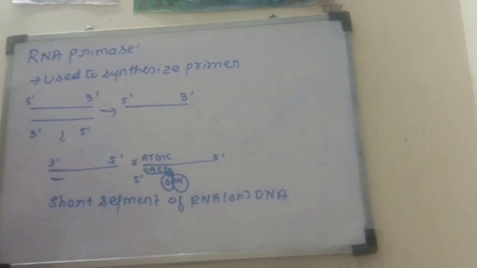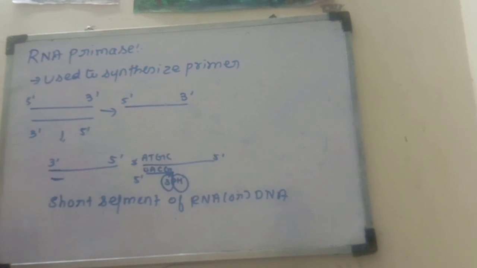So this enzyme is also very important for DNA replication. Totally, let us once again take all the enzymes. First, DNA helicase enzyme, then DNA gyrase enzyme, then single stranded binding protein. These 3 help in separation of the strands, reduce the tension, and provide stability to the separated single stranded DNA. Then we have the ligase enzyme, which is used for joining.